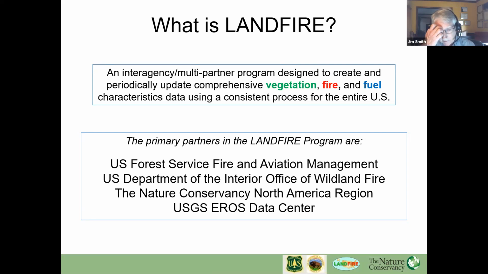The primary partners in this program are the U.S. Forest Service, particularly the Fire and Aviation Management Branch of State and Private Forestry, the U.S. Department of the Interior, Office of Wildland Fire, headquartered in Boise, Idaho, and then the Nature Conservancy's North America region, where Randy and I live with the remainder of our TNC team, and then also the USGS Arrows Data Center and contractors. So these are the groups that are primarily involved in the LANDFIRE program.